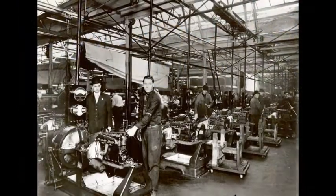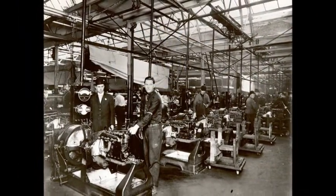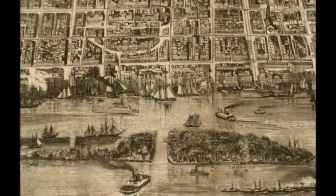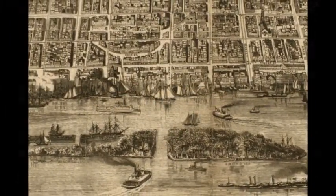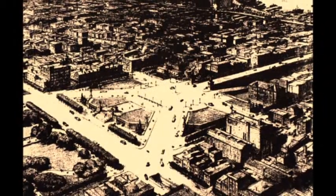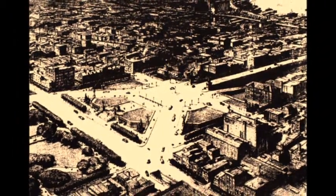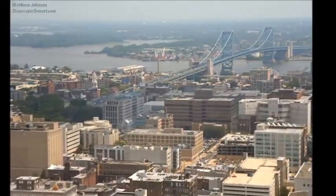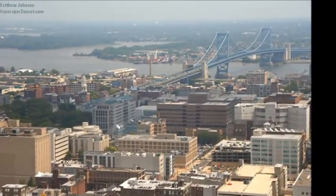With the perfection of the assembly line by Henry Ford, the increasing populations of Philadelphia and Camden, and the added stress on the ferry system, citizens needed an efficient means of crossing the Delaware. The best economic site chosen by the Board of Engineers was 6th and Race Streets in Philadelphia and 2nd and Pearl Streets in Camden. This location was chosen for it had the best traffic pattern, the least harmful community impact,